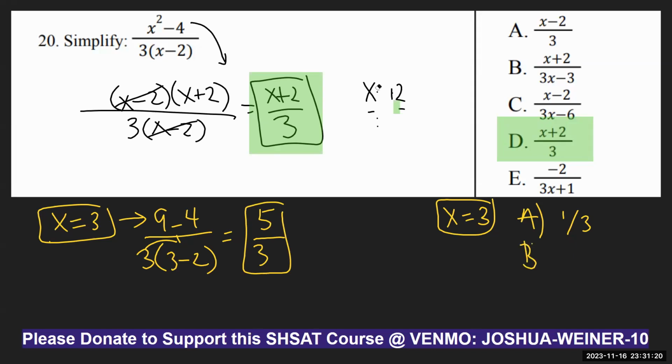B will be, let x equal 3. 5 over 9 minus 3 is 6. So it's not A and it's not B. What about C? We plug in x equals 3. 3 minus 2 is 1. 3 times 3 is 9. Minus 6 is 3. Again, it's a third. Doesn't work out either. But D is our winner, chicken dinner, because 3 plus 2 is 5 in the numerator